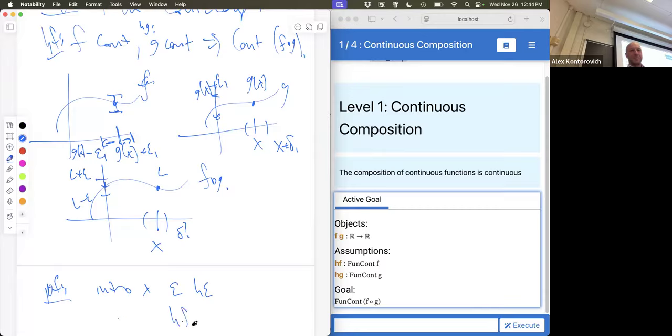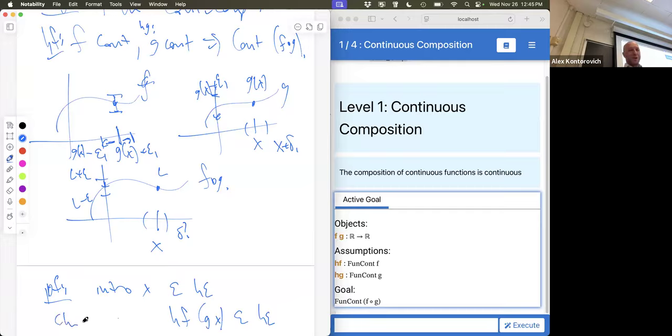So then specialize, or maybe not even specialize, we can jump a few steps. If I start with Hf, what is the first thing that Hf wants to eat? A point. It's continuous at all points. It wants a value of x. What is the value of x that I should feed into it? g of x. I want to feed in g of x. So I feed in g of x. Then it wants to eat an epsilon. So epsilon and the fact that epsilon is positive,